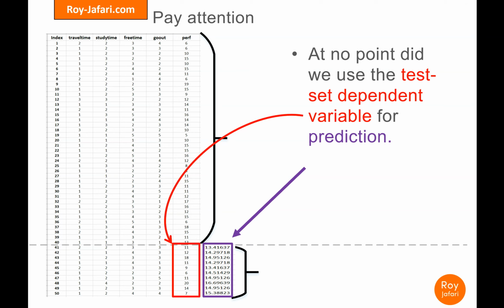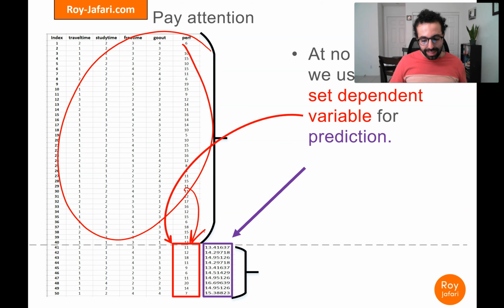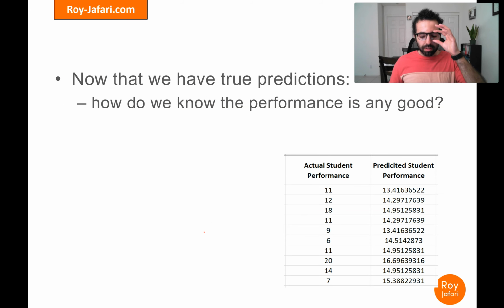These numbers are completely fresh, and we are using the knowledge we are capturing from here to be able to predict those. And that's the whole holdout mechanism. That's how that methodology works. So we get to this point that we have a column of actual values, and we have a column of